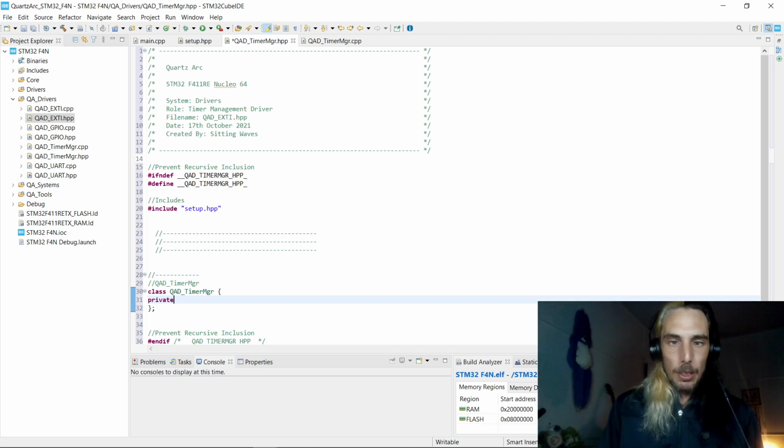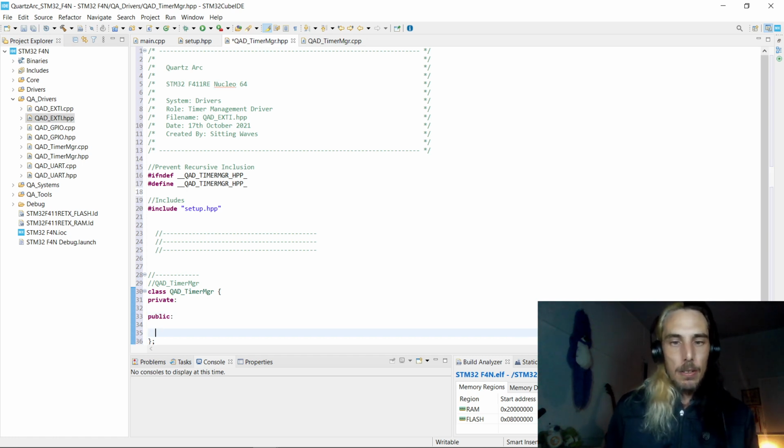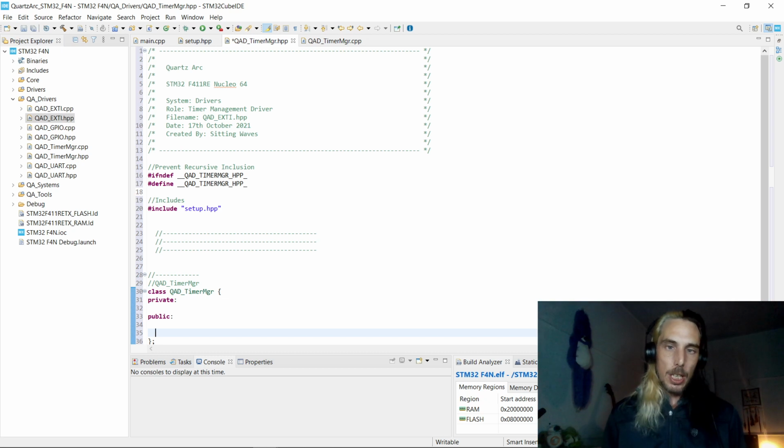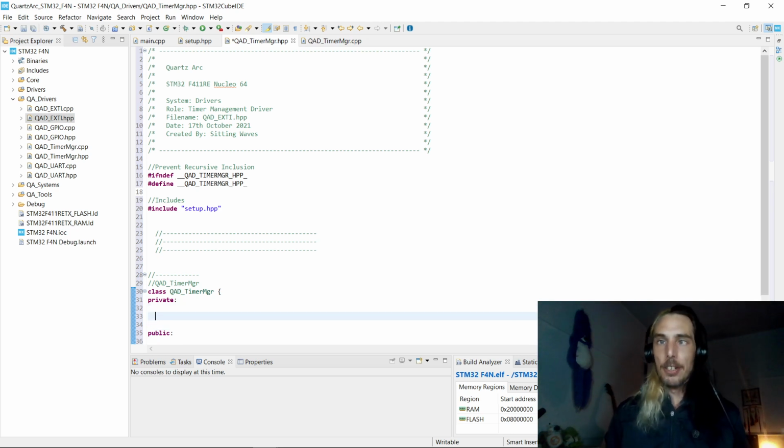So with this one, as we've done a bit in some of our other videos with the Discovering STM32 series, we're going to be setting this up as a singleton class because we only want one timer manager to take care of all of the timers. So we're going to be setting this up in such a way that there can only be one of these classes, and means that we're going to have to do things a particular way, which I'll try and explain a